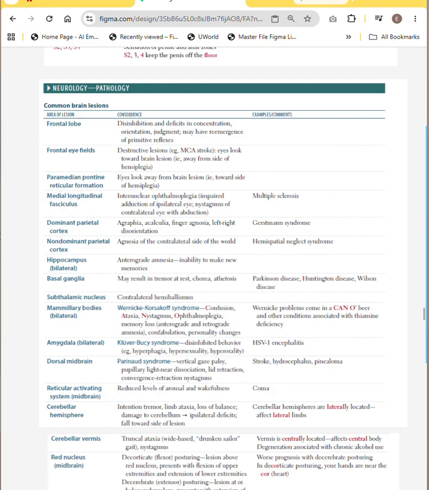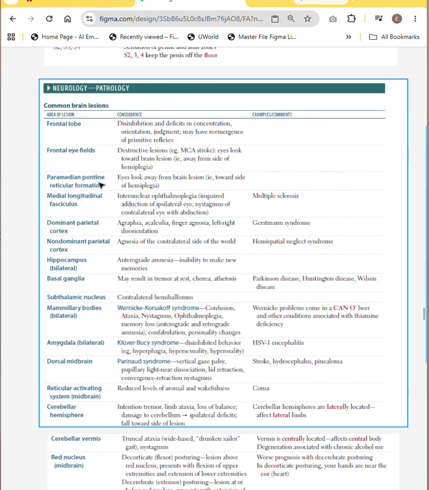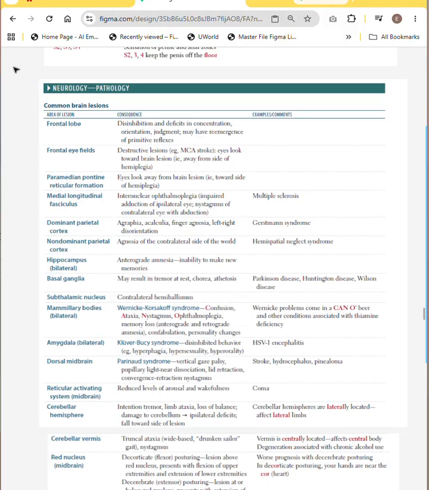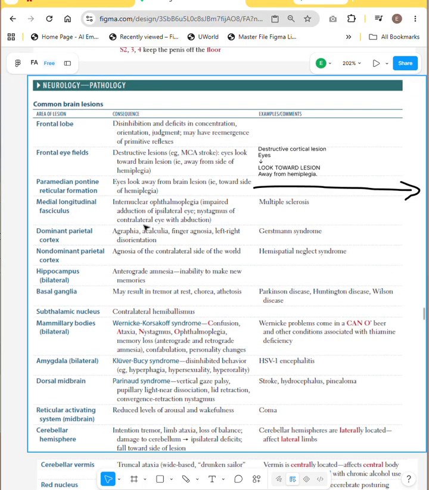Remember that, okay? Now we have the paramedian pontine reticular formation. This is also known as the PPRF, right? PPRF. This is the horizontal gaze center, right? All right. So continuing from where we left off, we were discussing the paramedian pontine reticular